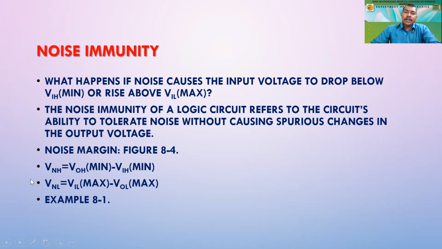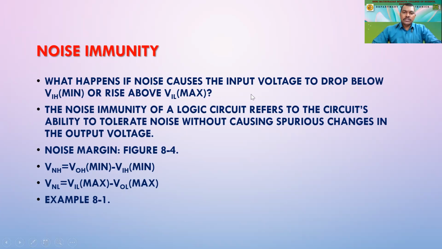So if we have not applied 0.5 or 0.4, but it is still going to take that as one. In that case, we say that it has taken the noise. So we require digital ICs to be noise immune, meaning it should not take the noise. It should take only the reliable input that is applied to it, and give a reliable output.